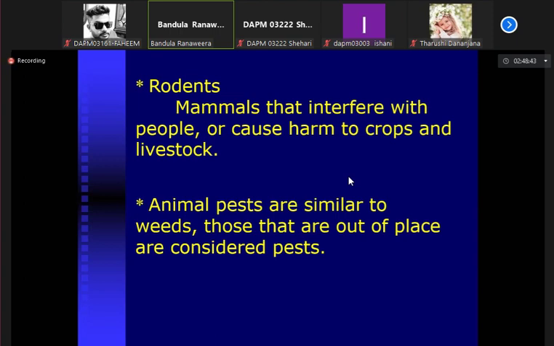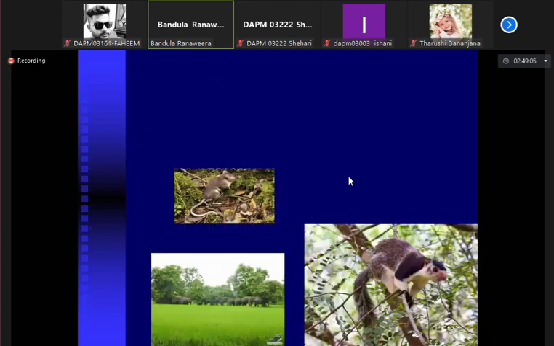When they are in our crop production sites, the mammalians, we don't want them because they damage our crops. So when the plants are out of their place, we consider them as weeds. When mammalians are out of their place, we consider them as pests. So the rats, the elephants, the giant squirrel,